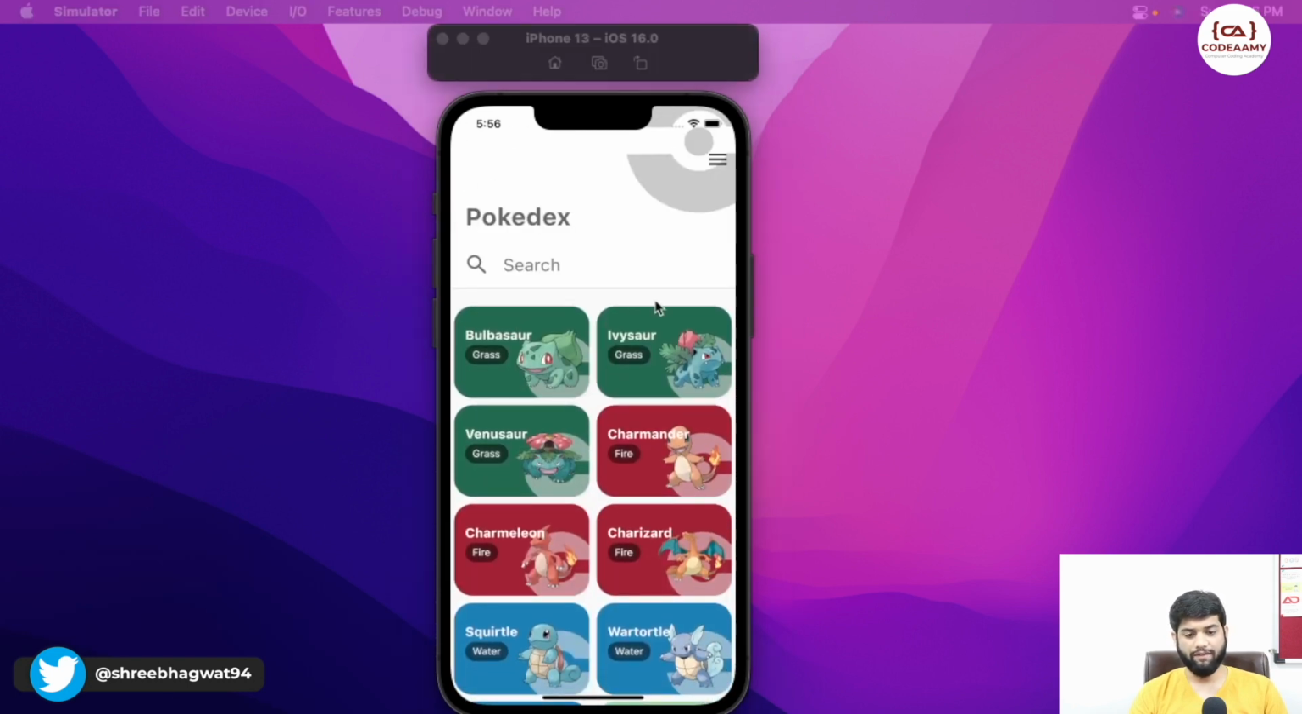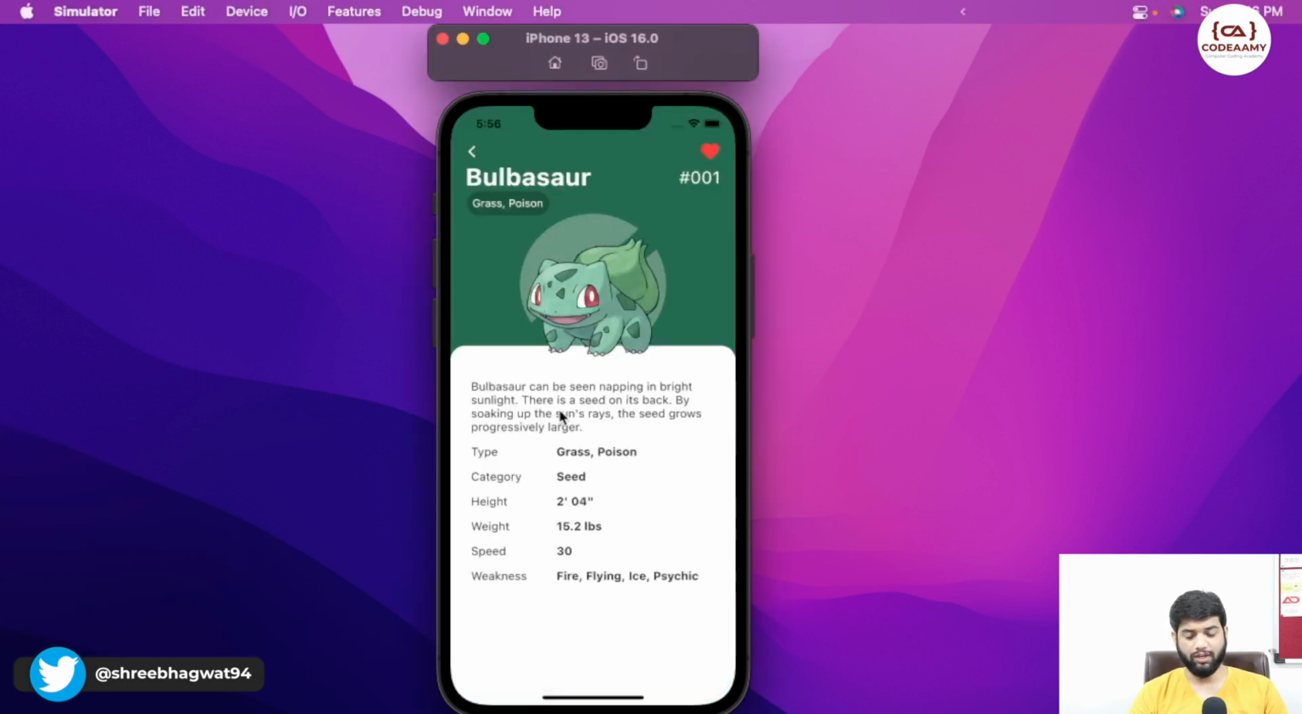After that, we have the grid of Pokemons we get from the API, and if I click on any one of the Pokemon, it will take us to the details screen where we show all the details of the selected Pokemon. We have the name over here, the ID, the type, the image of the Pokemon, and there is a nice animation at the back we have over here. Then we can see the about of the Pokemon, the type, category, height, weight, speed, and weakness of the Pokemon